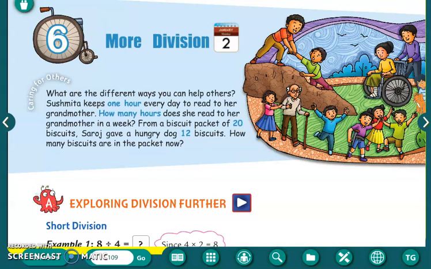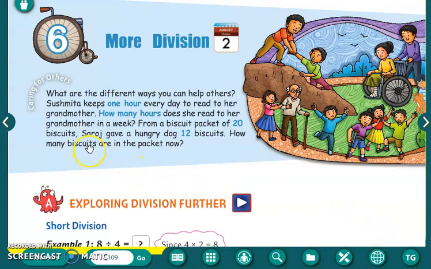Hello everyone. Today we will do maths, and in maths we are going to start the new chapter, chapter number 6, more division. In the fifth chapter we had learned about division. Now here we will learn about more division. Before starting the chapter,